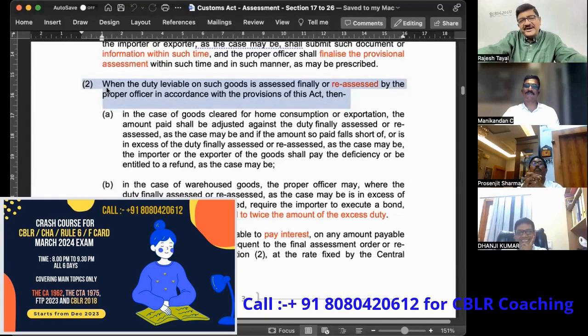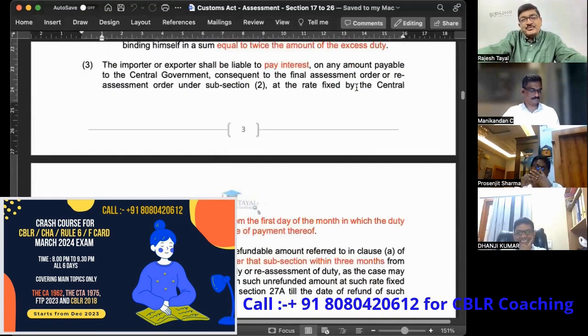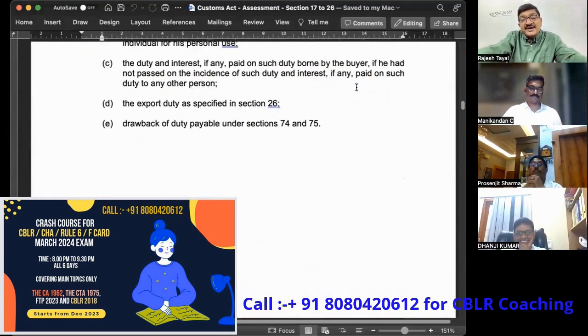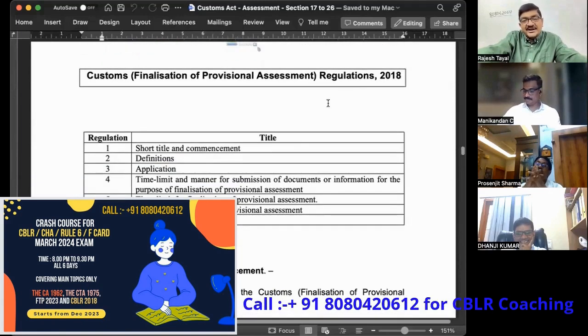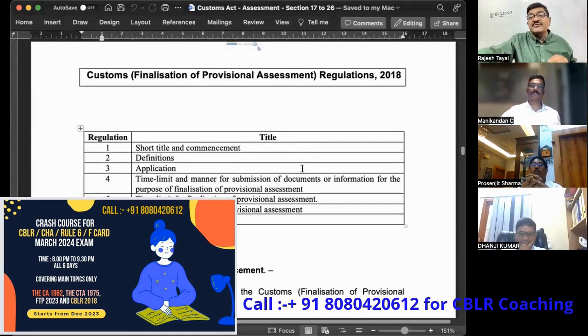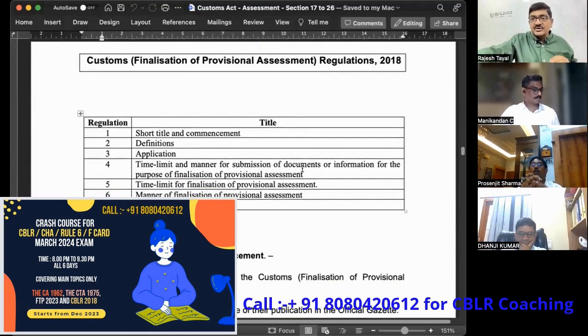17.4 is also there, but in 18.2 it is also referred. Yes. ठीक है ना? So provisional assessment is under section 18 subsection 1. So these regulations which we are talking about relate to section 18 subsection 1 only. You cannot say that these are relevant for section 18, because section 18 covers reassessment also. This is purely provisional assessment, which is done under section 18 subsection 1.